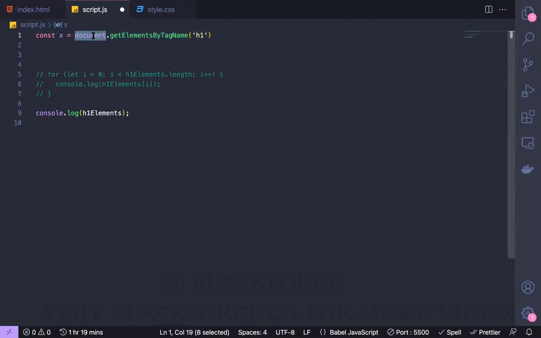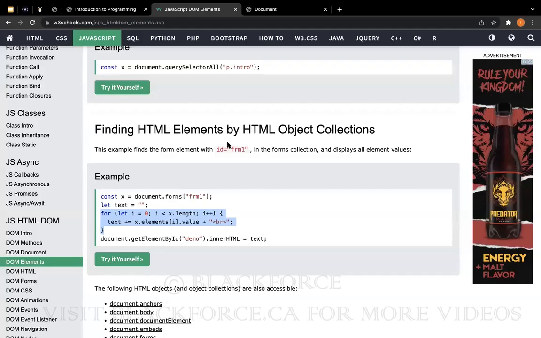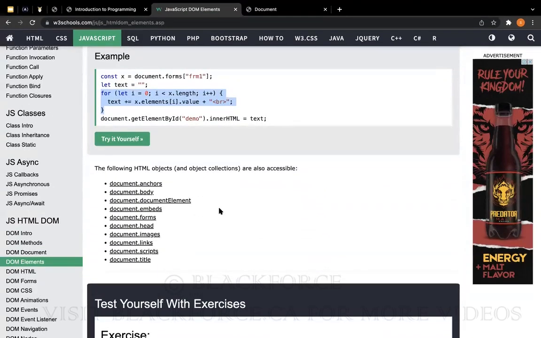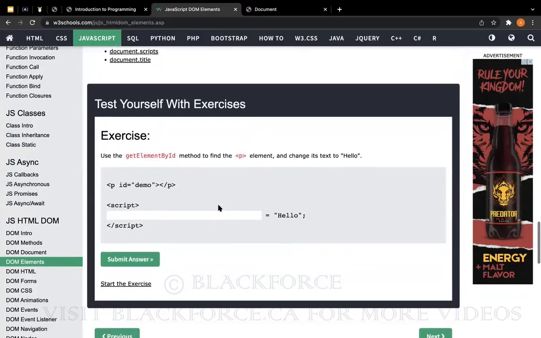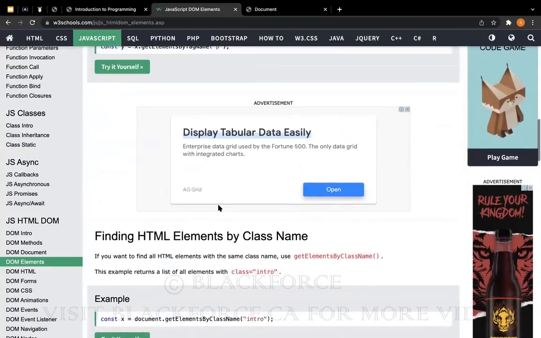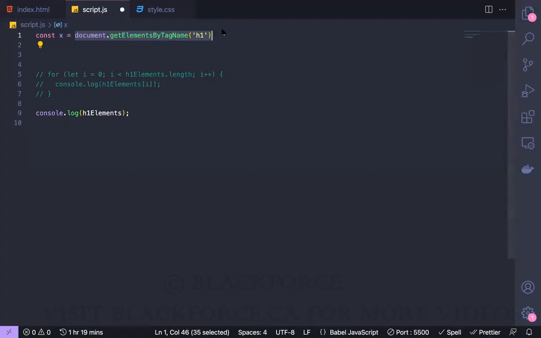Again, document is an object. If you find one element, it's still an object. You can use object methods, but if you find a list of elements, you have to use array. It's an array or a node list, right? Yeah, so again, I've just been talking about methods on the document object, right? Methods. So like I said, if you can just understand that the DOM is just all about this document object,